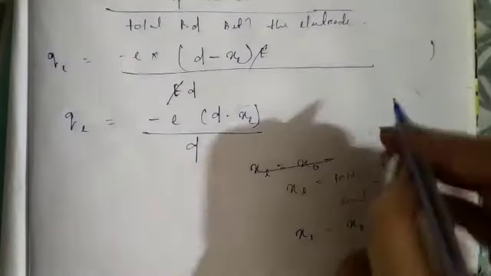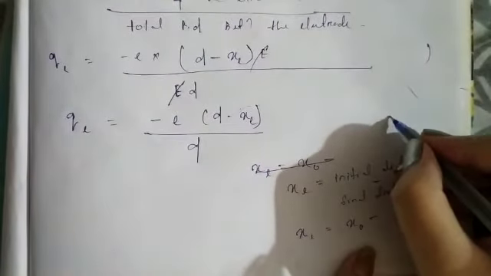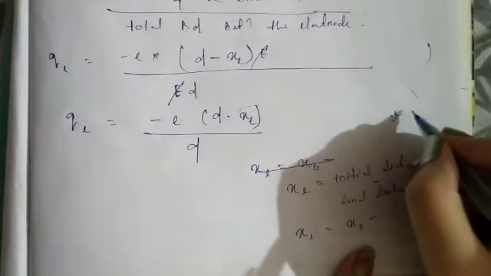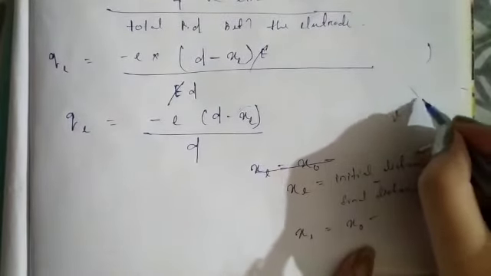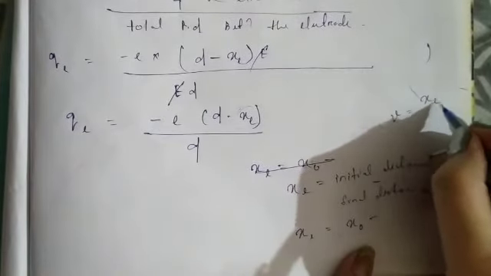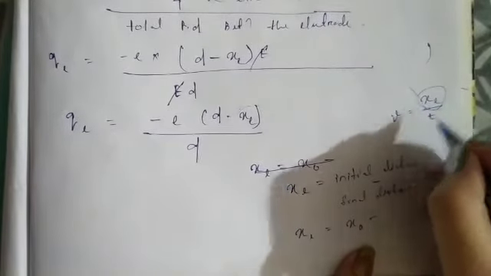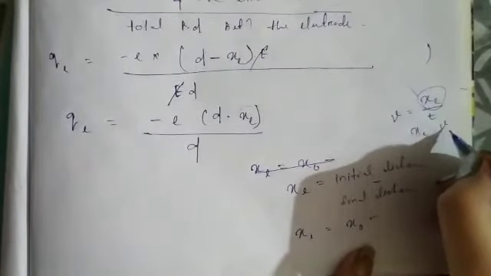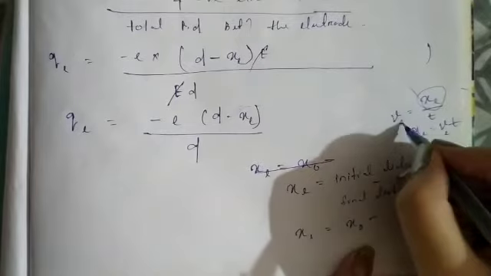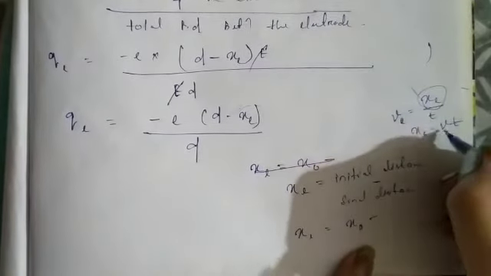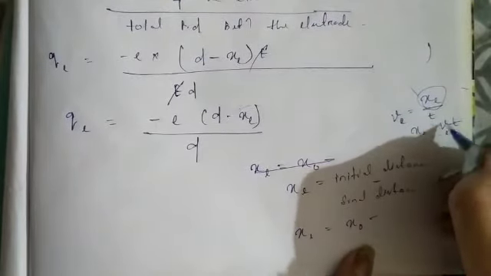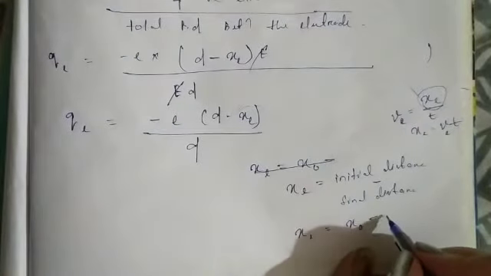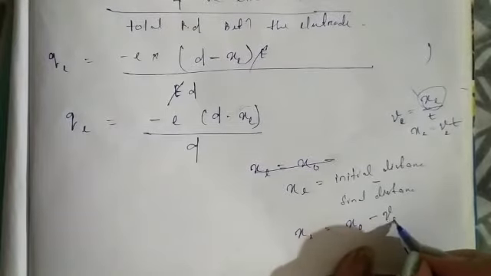So final distance, how to calculate final distance? We can write here that velocity is equal to distance upon time. Let the distance be x_e, so v = x_e divided by t, so x_e is equal to vt. We also have to calculate this for the positive ion, so we denote it as v_p t. So the final distance due to the drift velocity of electron will be v_e t.